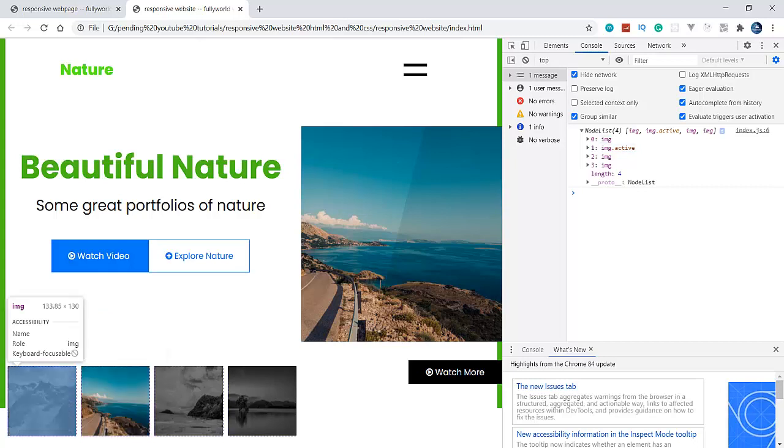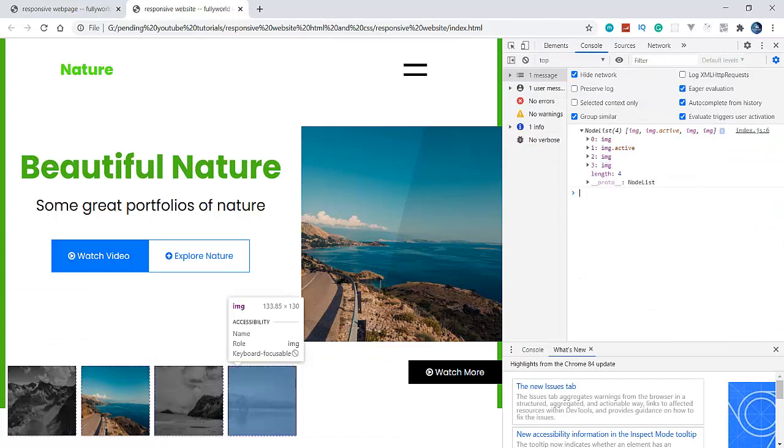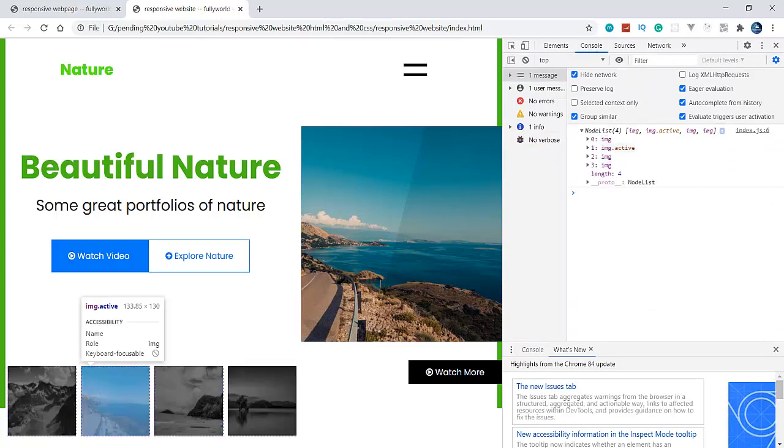When I hover on it, it gets highlighted. Dot active means this has the active class, but the others do not. We will catch this .active when we apply our for loop, and when we click any image, this active will change to that image.